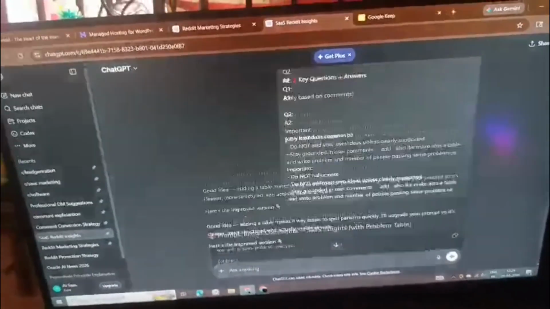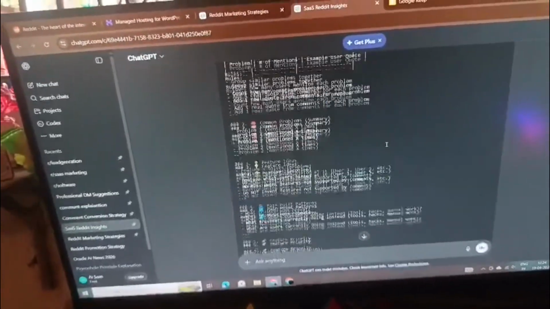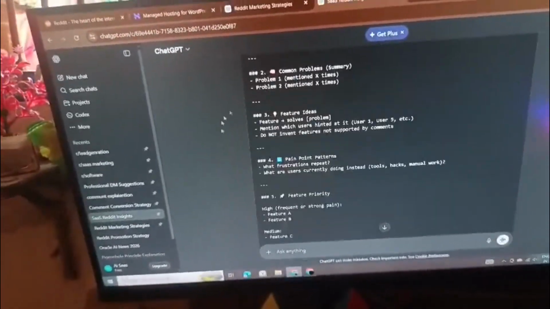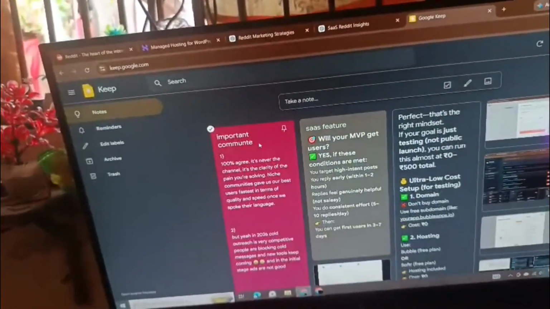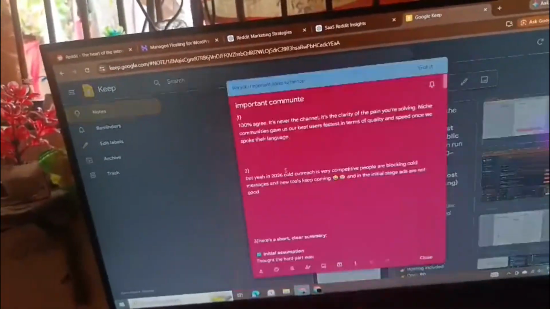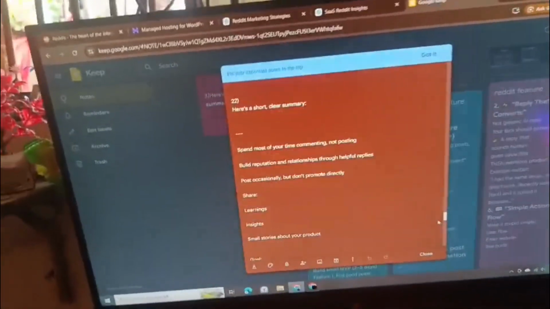So you can see I pasted the prompt for building comments into all the pain points. This is the prompt generated by ChatGPT. What I did was copy the important comments I got through Reddit, and there is another one, yeah, you can see more than 20 plus comments are there.